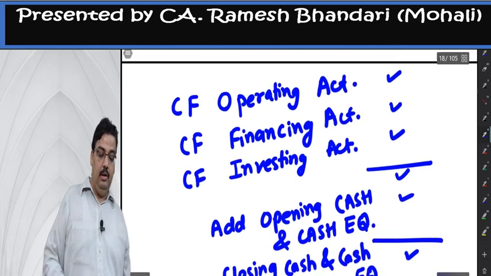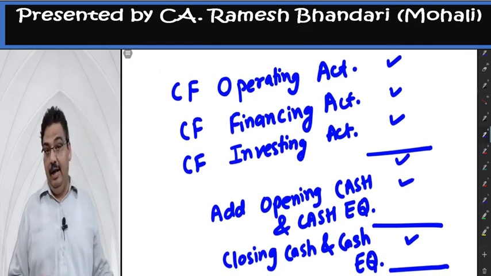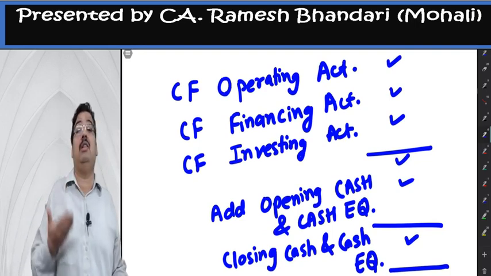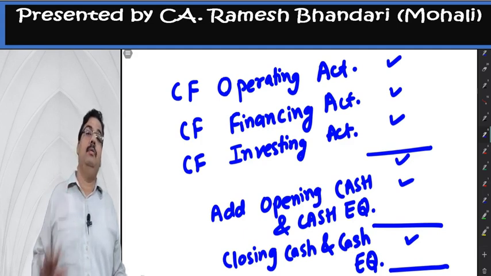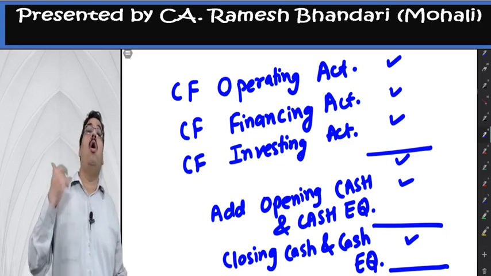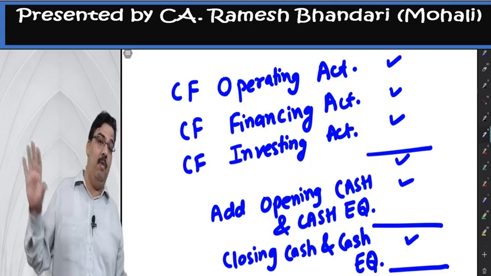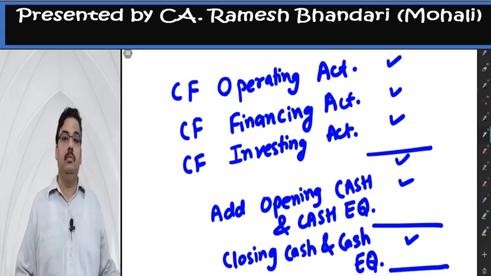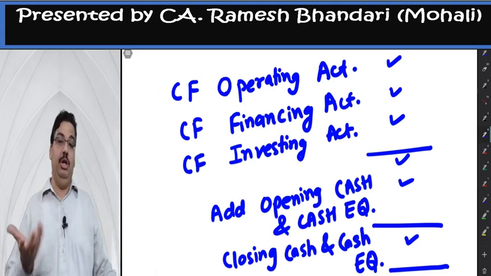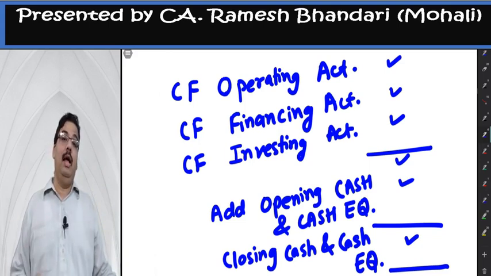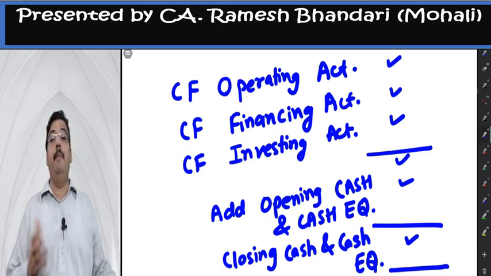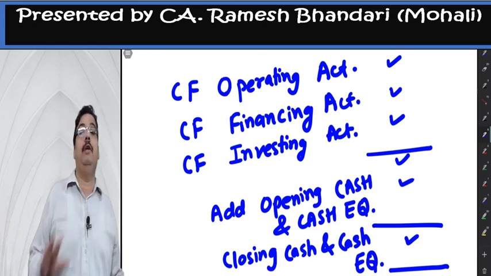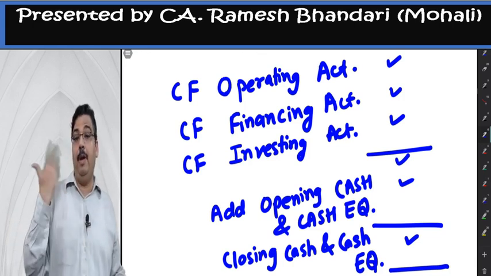Now what I am trying to say, cash flows have been classified into 3 types of activities. The business activities are 3 types: operating, financing and investing. It's very easy. Financing is all long-term items on liability side of balance sheet. Whatever changes are there. Issue of equity share, redemption of loans, repayment of preference shares, buyback of equity shares, they are all into financing activity. If you get cash, inflow. If you pay cash, outflow.